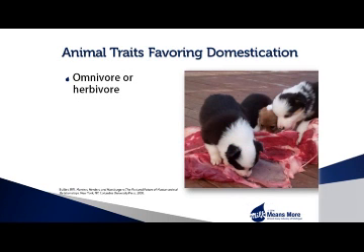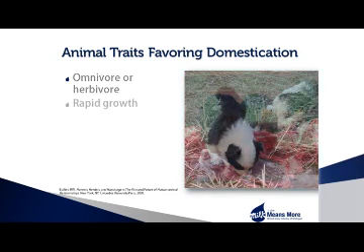Hominids also domesticated animals to meet human needs. The animals had to exhibit traits making them able to exist with humans. First, they had to be omnivores or herbivores, and they had to be able to find enough food in and around human settlements to survive. The dog is an exception. It's a natural carnivore, but adapted readily to eating what was available.